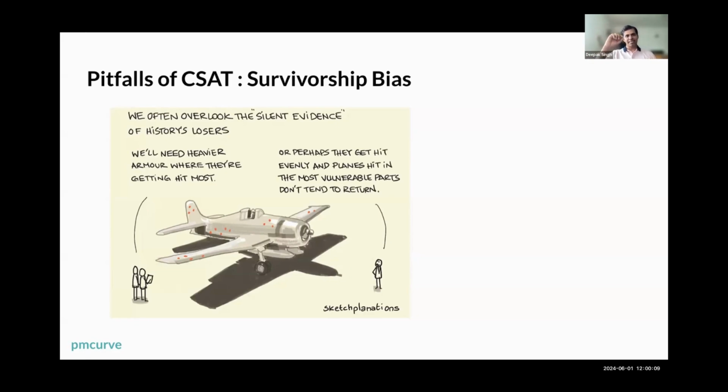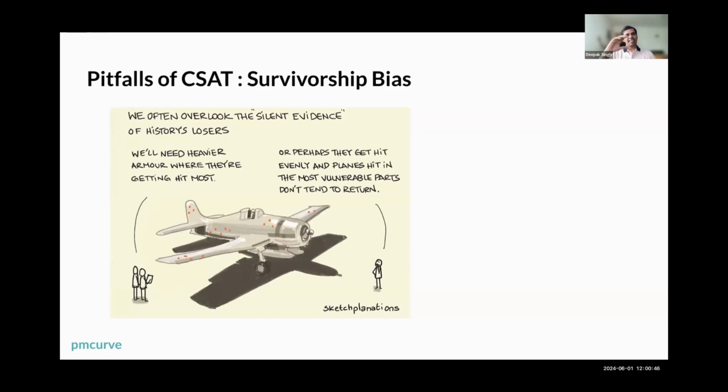But the problem is that they were just looking at planes which came back. Similarly, you're just looking at users who came back, right? You're taking feedback from people who came back, or who are planning to come back at least, and that's why they are giving a survey response to you. But what about the planes that got hit and didn't survive? There could be a chance that you never found the spots where those planes were hit.